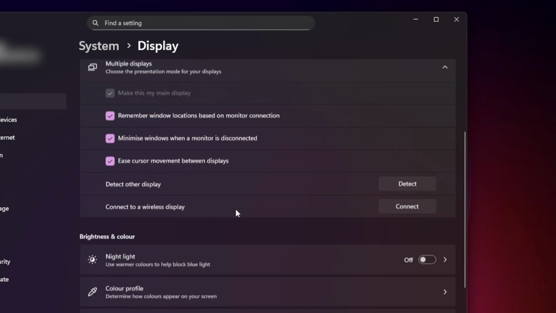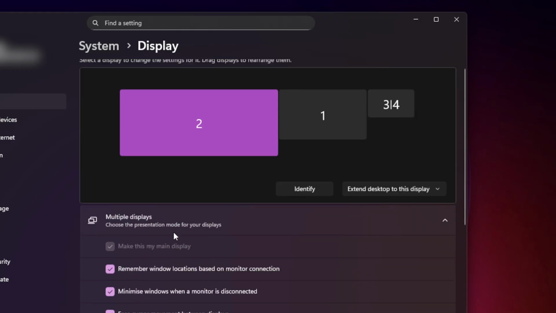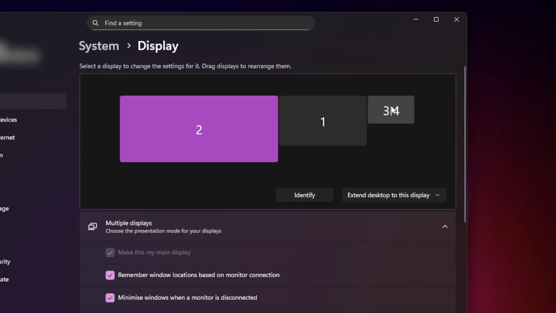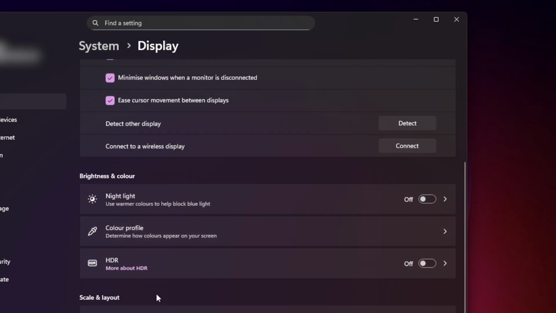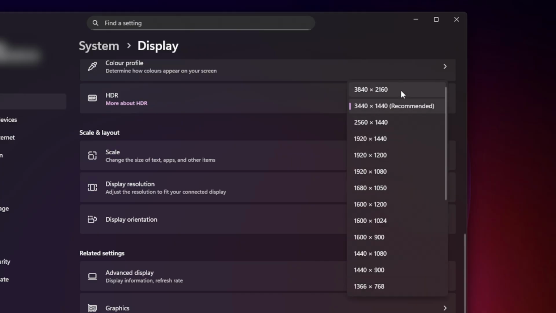Now, as we kind of scroll through some of these settings, there are different settings that actually pop up, and these are independent settings depending on the screen that you have. For example, screen 2 here, if I scroll down to where it has the scale and this resolution, well, here you can change these for that one particular screen. For example, it's 100%, which is recommended, and it's 3440 by 1440, which is also recommended. Now in here, I can change these. I could go,